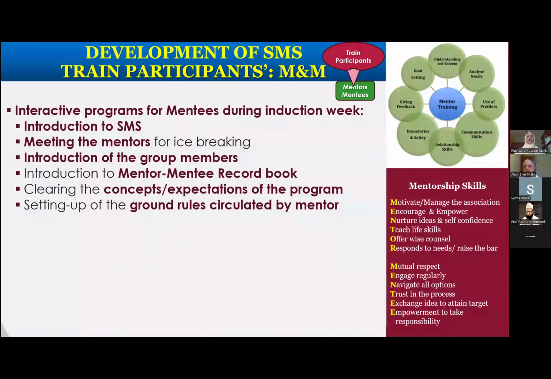The training of the participants, both mentor and mentees, was conducted. Interactive programs for mentees during induction week, for example. Introduction to the mentoring system is given to the students during this week. The mentor session for ice breaking takes place over here. Introduction of the group members, introduction of the mentor-mentee record book, what the book is all about and how it